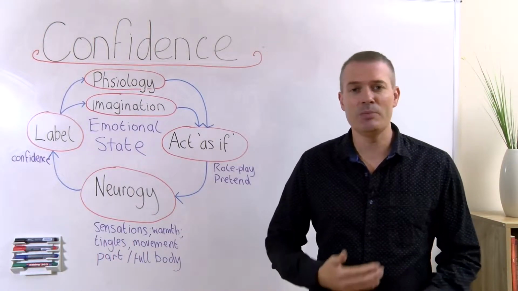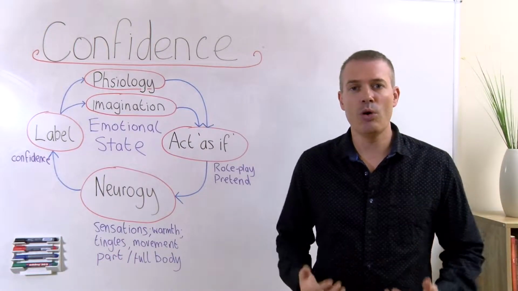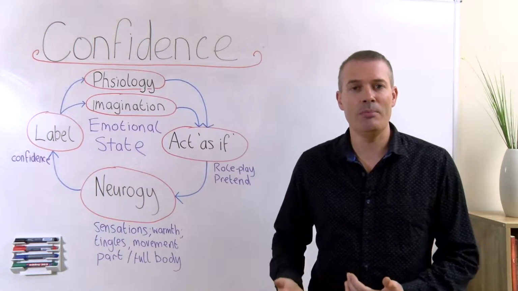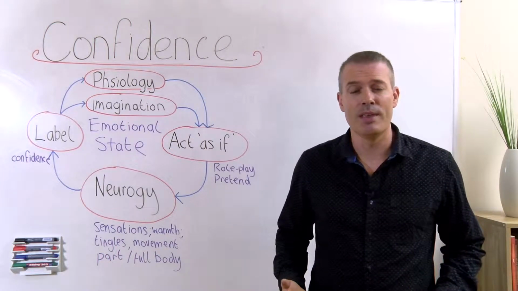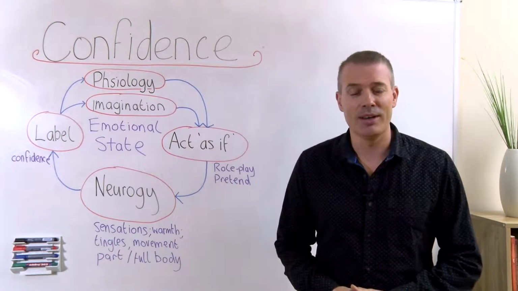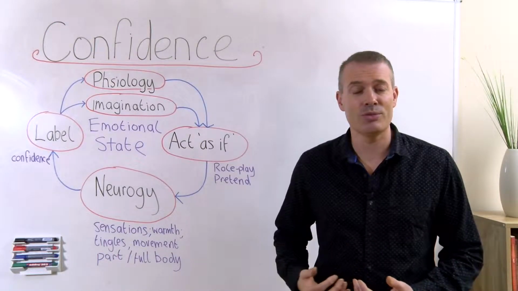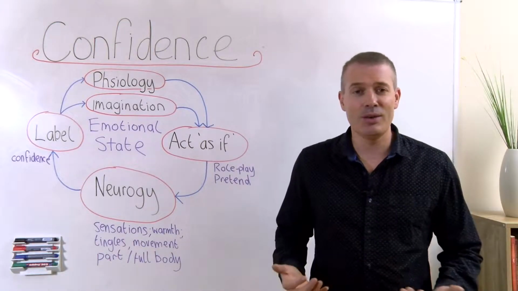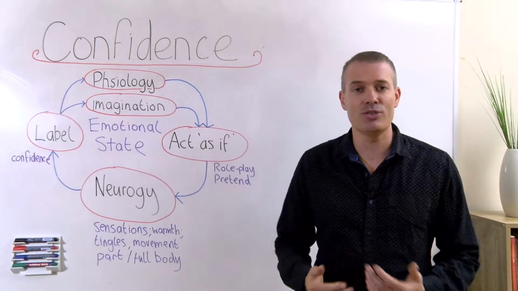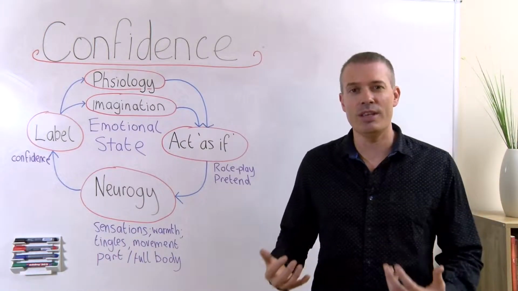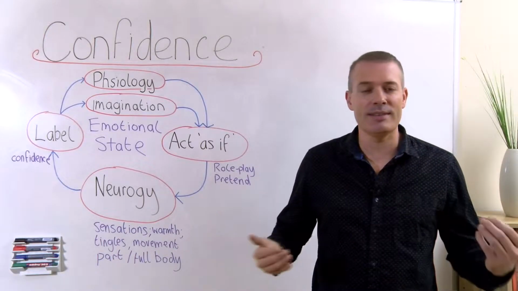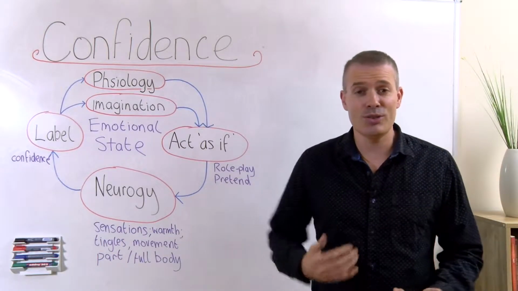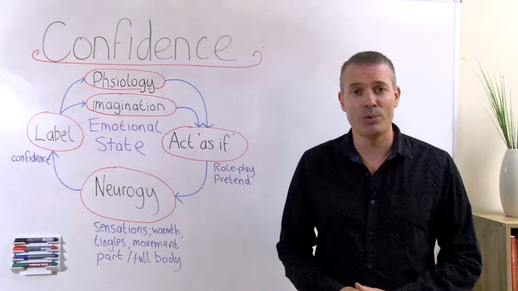And it's pretty much been proven time and time again that what we do with our body has a huge impact on the types of chemicals that get released inside the bloodstream. If you ever do something like yoga, it dramatically affects your emotional state. Why? There's lots of reasons, but predominantly it's because you're using your body in a very creative and open way. So it opens yourself up to experiencing a different range of emotions. So using your physiology is really, really important.